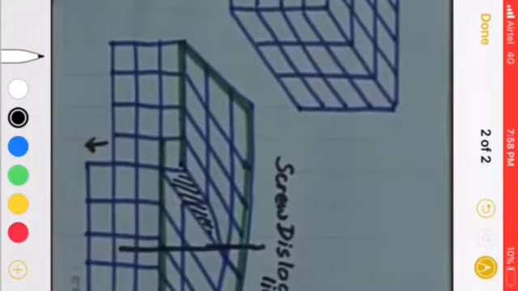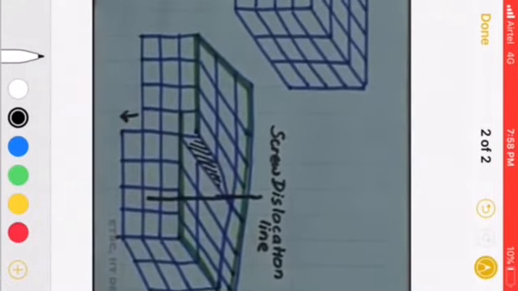Now the right half has slipped with respect to the left half, but the slip is confined only to the front of the vertical boundary, which we had decided to make a dislocation line. Now this line has become a dislocation line, and since the slip direction has become parallel to the dislocation line, this will be a screw dislocation.